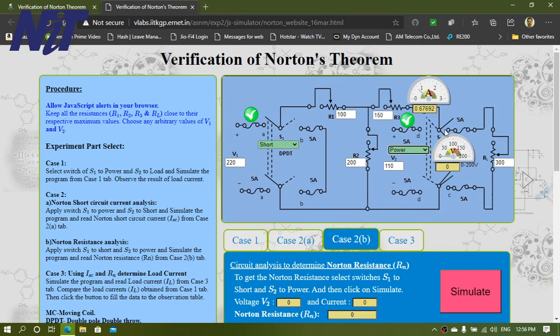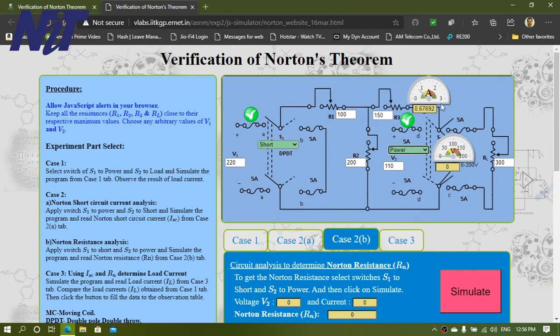So if we connect a power source over here, then we could calculate the current of this circuit also, and accordingly find the internal resistance value called RINT, which is also known as Norton resistance.